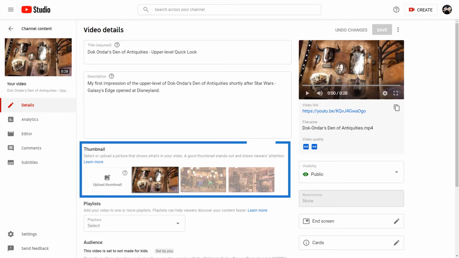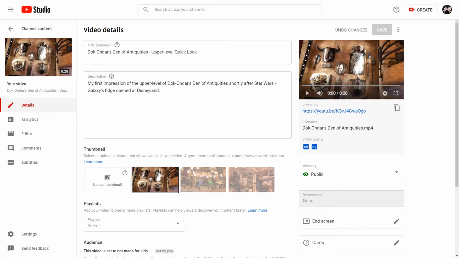You can select a thumbnail from the 3 offered at the bottom of the settings screen, or if you have a verified YouTube account, you can upload a custom thumbnail for your video. And last, but most important, this is the URL you'll need to embed your video on your site. Just click the copy icon to copy it to your clipboard and then paste in Website Builder.